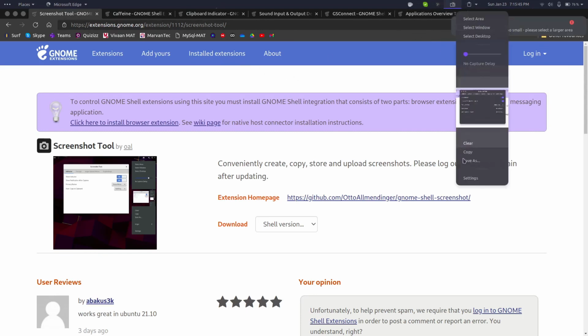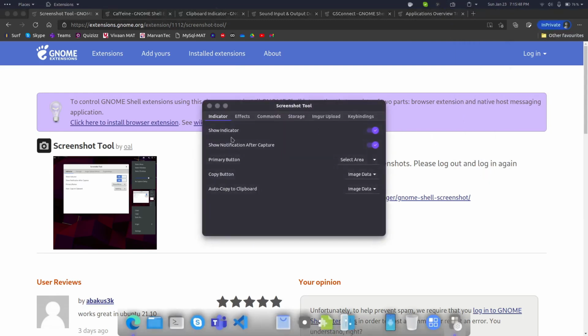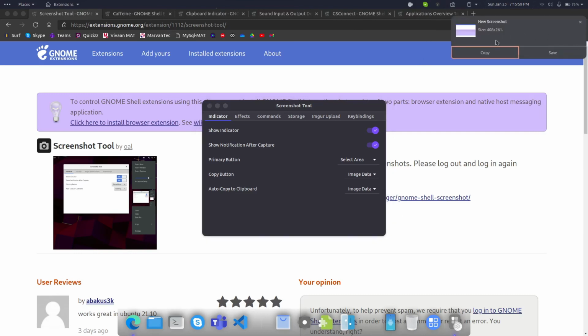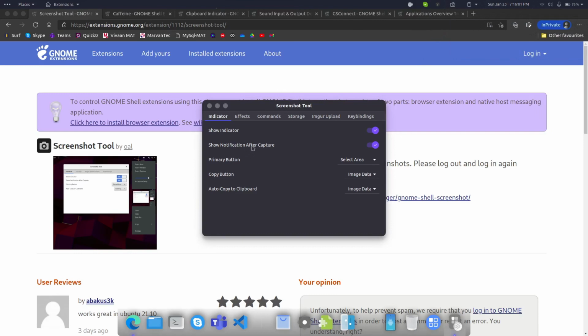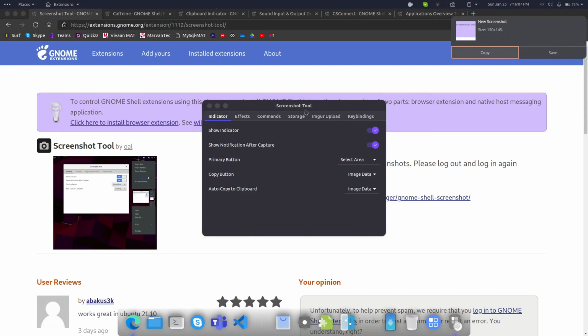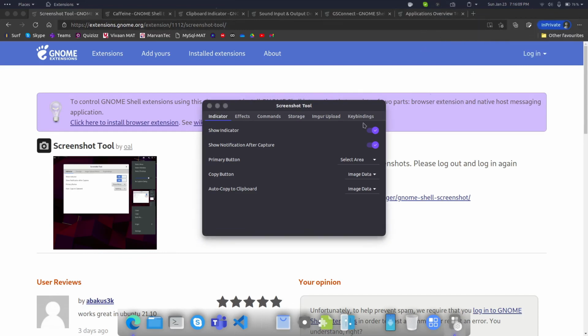But I have changed it that show indicator is toggled, because show indicator is basically that whenever I take the screenshot, then it will show me this indicator that yes, I have taken the screenshot. And the notification does the same thing. Notification basically gives the option of copy and save, and indicator just only shows the notification, and the primary button is select area. So I have told you that I have changed this, and whenever I click on this, I will get that select the area to get the screenshot, not the whole drop down that select area or desktop